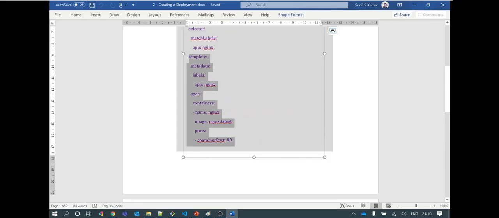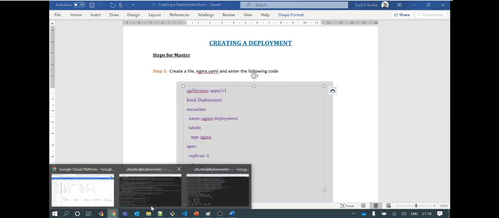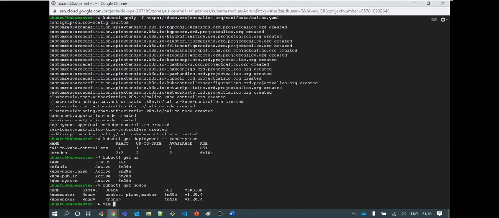Let's copy this deployment file and create it on my master node. Okay, so let's create deployment.yml with the content. You can see the indentation is clearer in this text file. API version, kind, and two spaces are required when you are making an item inside the parent item, right? So let's save this.